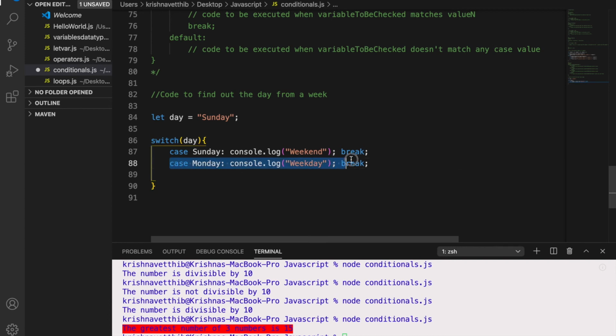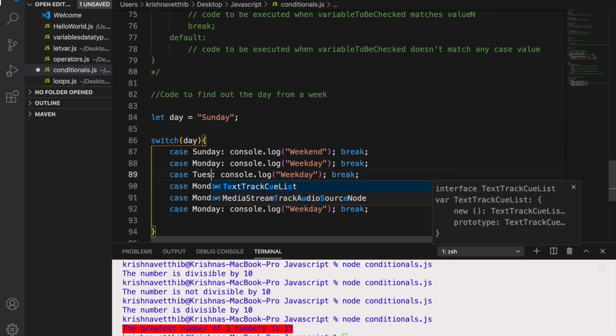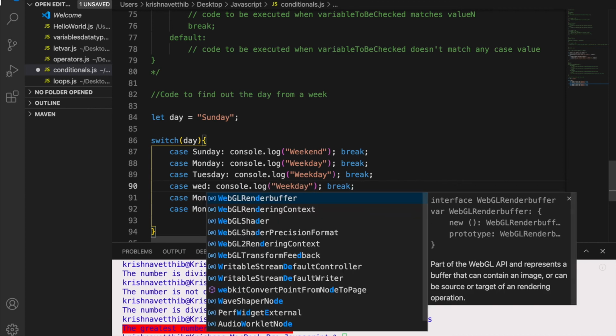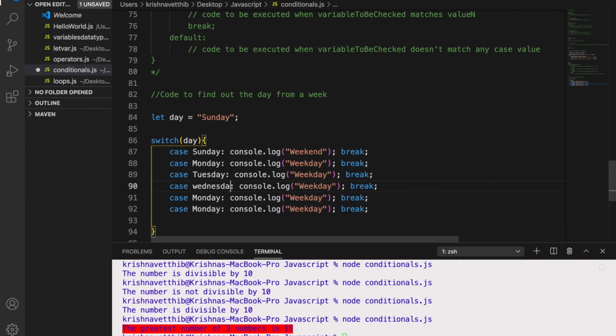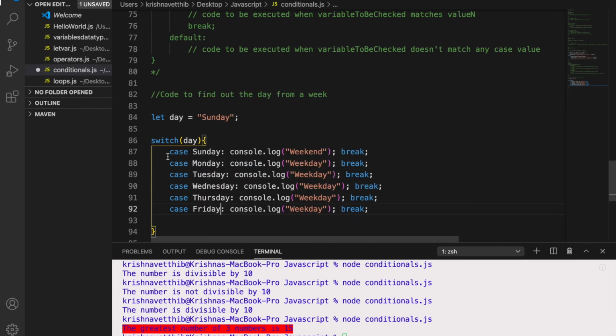So similarly, you're going to write for the other days of the week. So let me just copy paste all these statements. So here the day is going to be Tuesday. Here it is going to be Wednesday, and then this is Thursday, here it is Friday, and here we have Saturday.